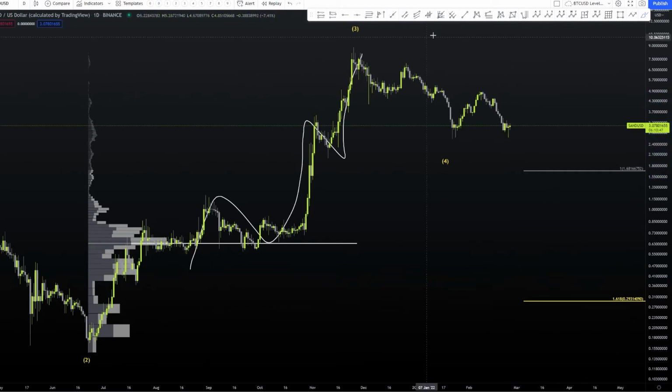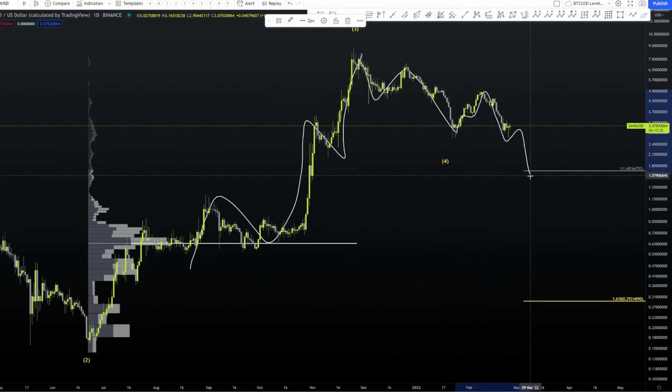The third option is pretty similar, but we're just going to be adding a next wave where this would all be a wave X, and we're going to be coming down for the wave Y, and that would be a triple zigzag, in which case we get an ABC wave W, ABC wave X, ABC wave Y, ABC wave Z. In that case, we could also expect us to bottom out around the bottom of this order